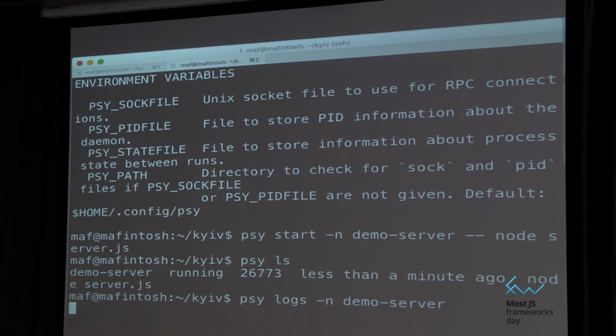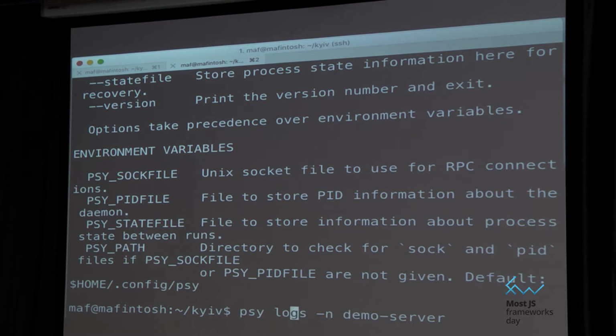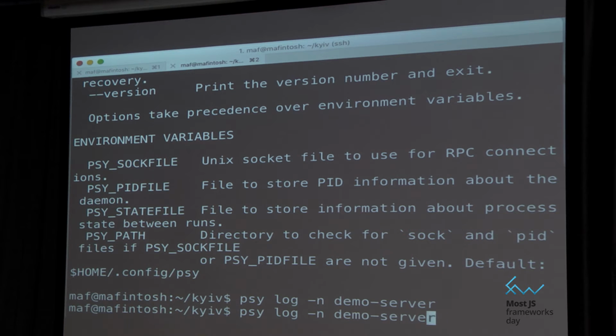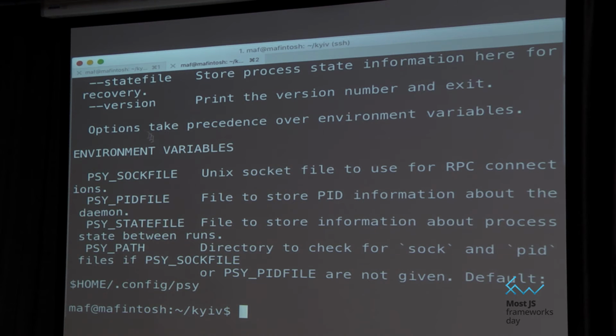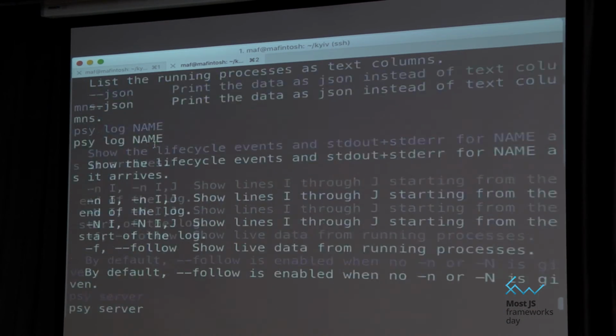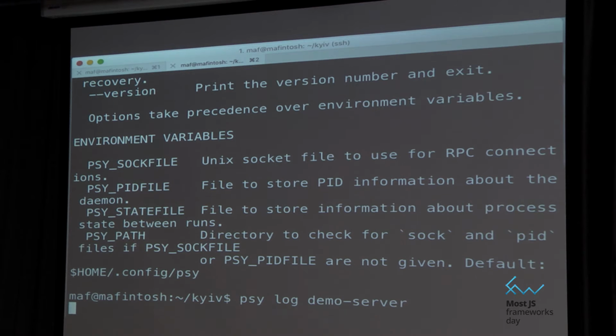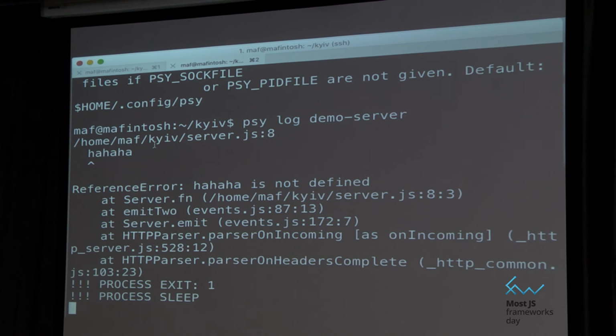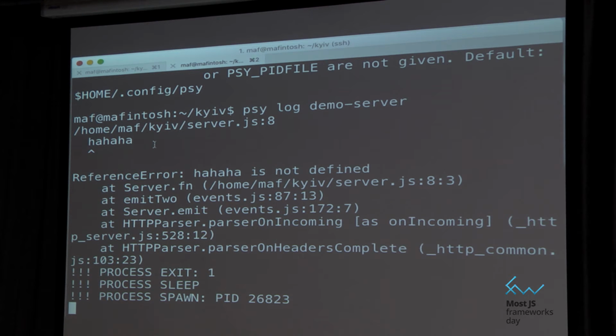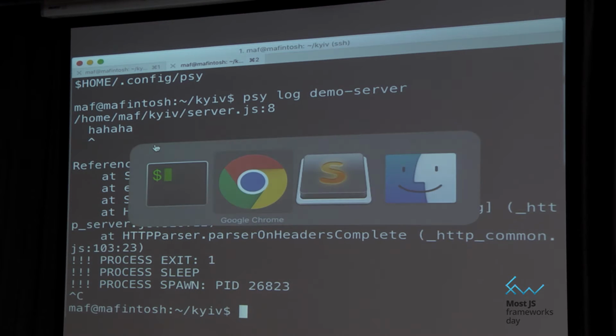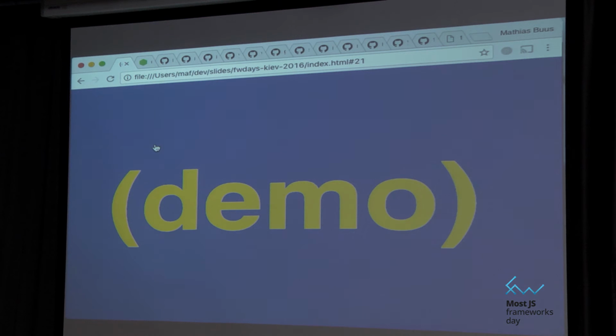And we can attach to the logs. Just gotta remember the log command. Log, demo server. So basically every time there's a request, it crashes, but it's fine because this program keeps it running, right? It's cool. So now we can just write really shitty code and deploy it. It's fine. My life is now easier. So you should all start using that one. I think that's one of my favorite modules, PSY.